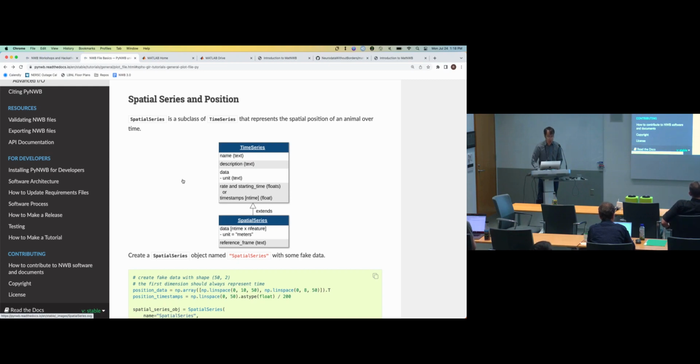All right, so those are the basics of writing your subject information, generic time series data, which serves as the basis for all the other subclasses of time series data, and creating the file. So now let's start adding some behavioral data. Let's say you have a freely moving animal as part of your experiment, and you want to store their XY position over time. For this, we have